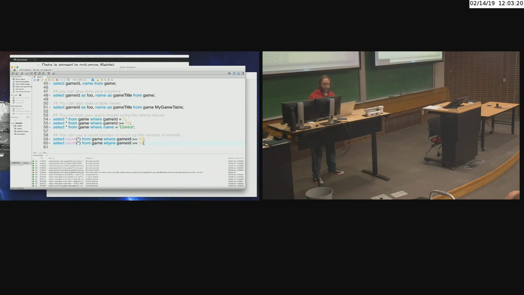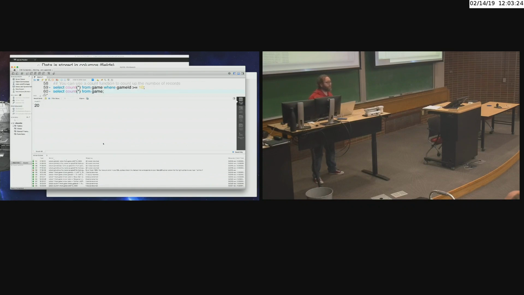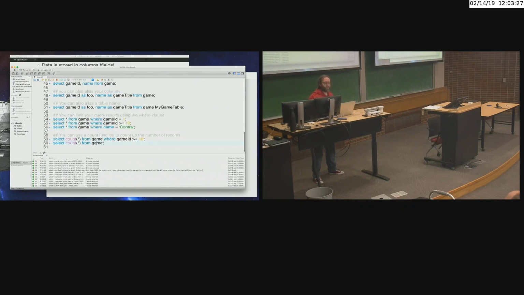I'll go ahead and get rid of my where clause, and that'll just tell me how many records are in that entire table. Looks like there are 20 records there. Right? This is where the power of aliasing comes in. If you notice that